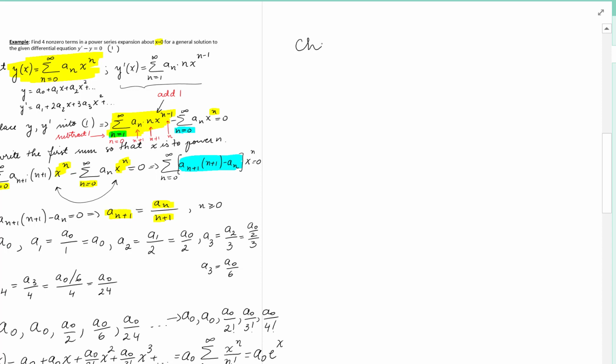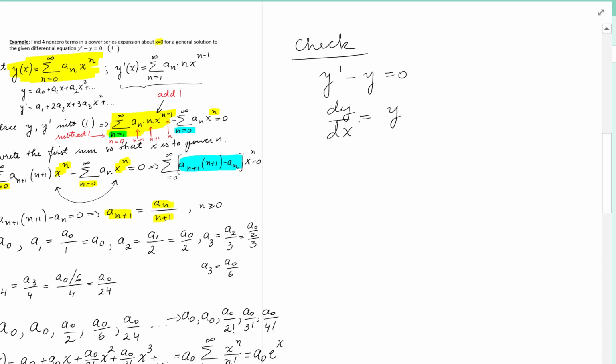Now let me check, because we've learned this before, right? With a different method, y prime minus y equals 0. How about we use separation of variables? So y prime is dy dx,